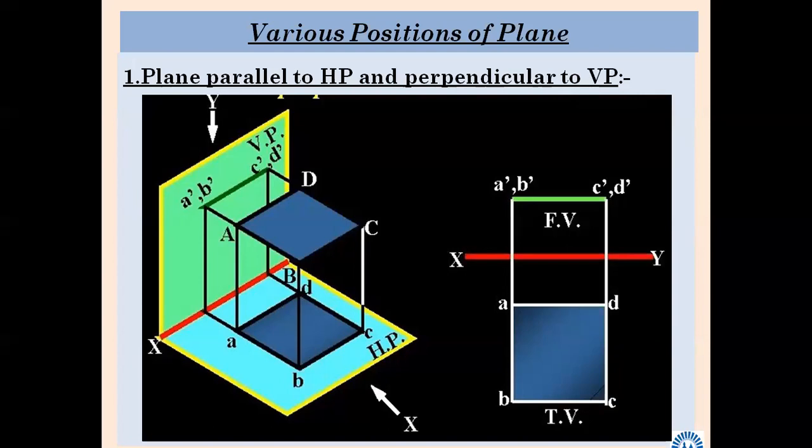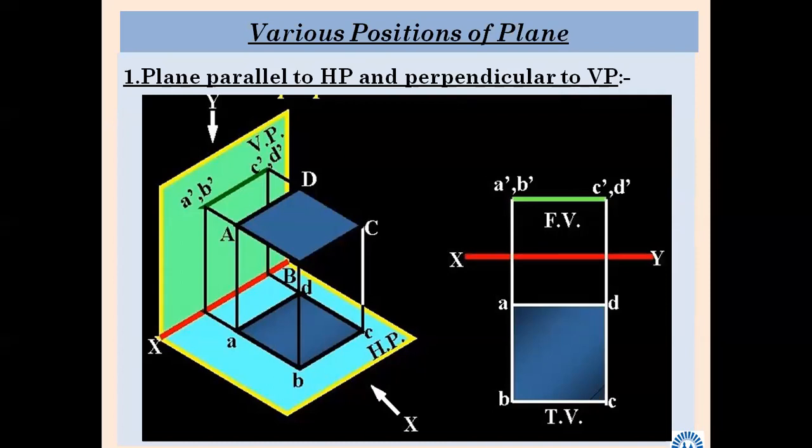What do you understand by vertical line? Am I audible? Yes, sir. Okay. What do you understand from the vertical line? What do you understand, means to whom it is perpendicular, to whom it is parallel. In that way you can say. What is a vertical line? Parallel to VP.